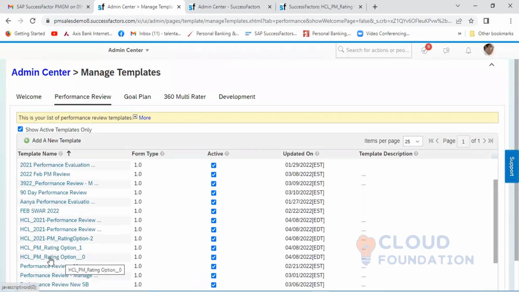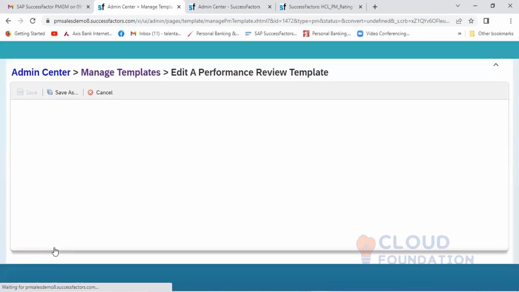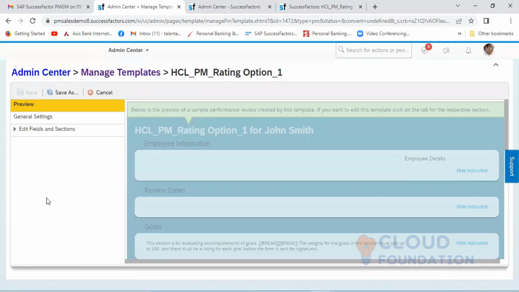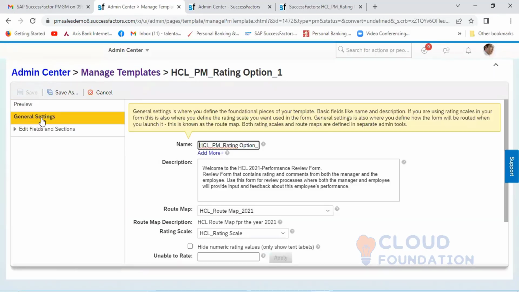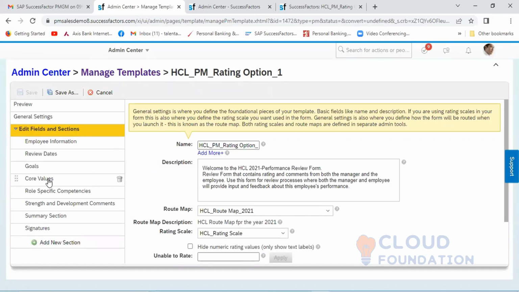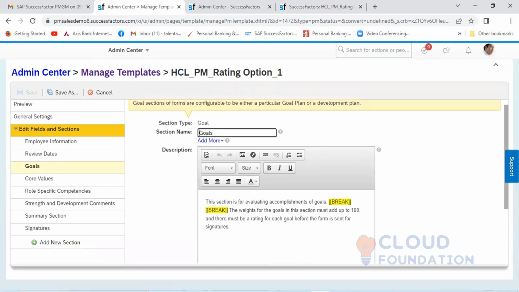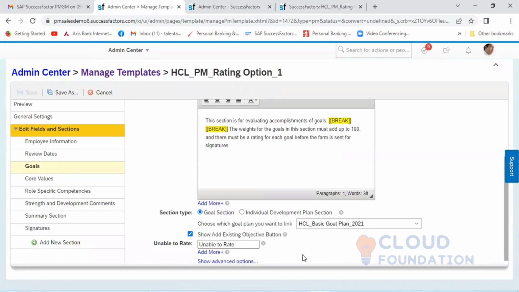We have chosen rating option 0. Now we will go with rating option 1. I have created separate templates for each rating for our understanding, so in this I have given the separate name, rating option 1. Now again we go back into the core, and if you go and see in the show advanced option,